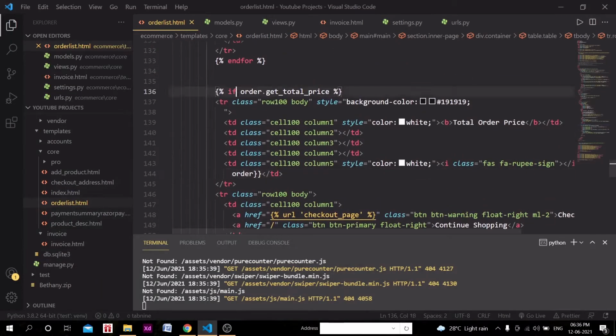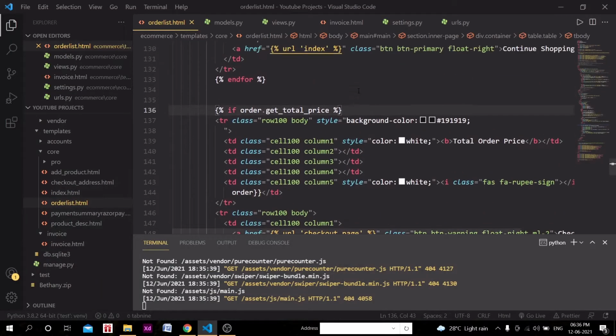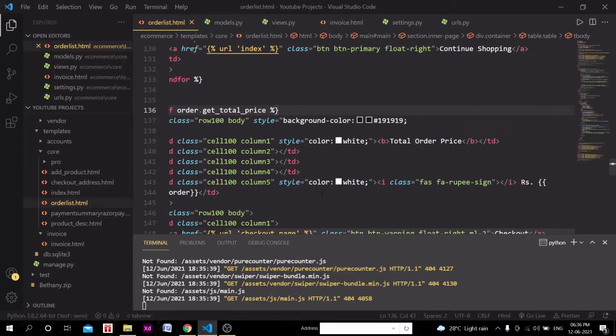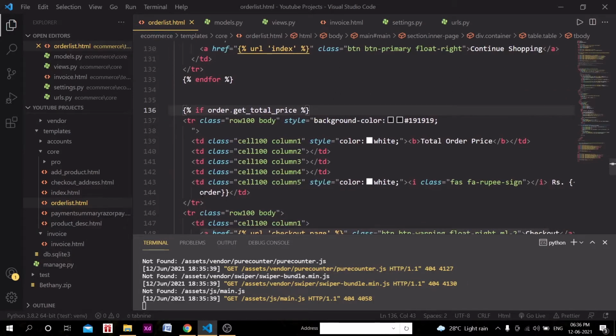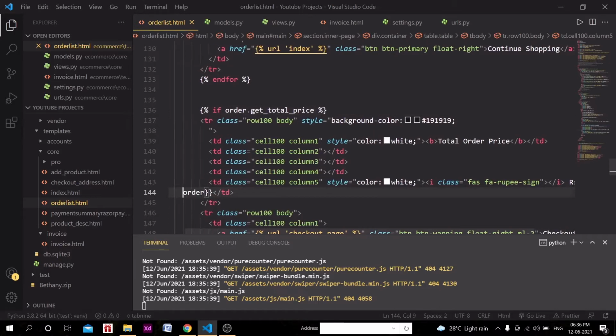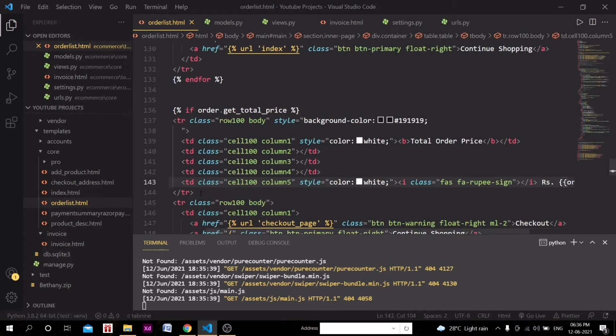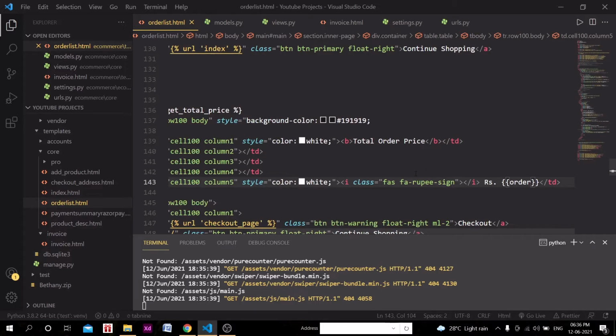We were checking if order.get_total_item_price is there or not, right? And actually we were calling the order directly. So what I'm going to do is remove all the spaces here, and we will call order. I'm rewriting this.